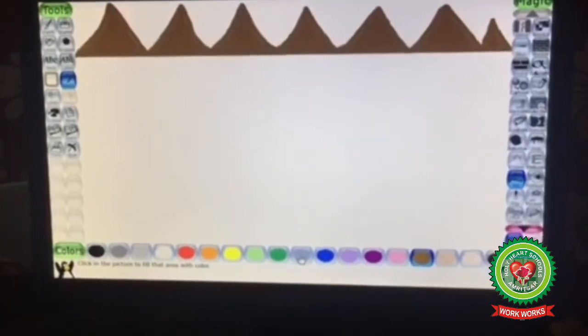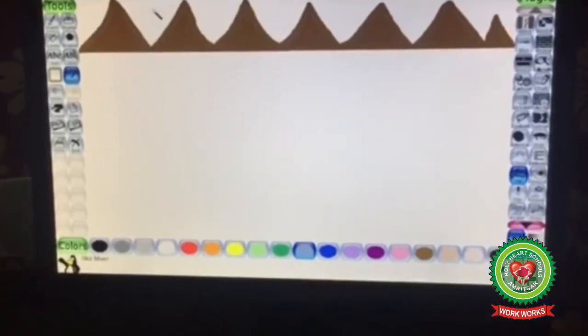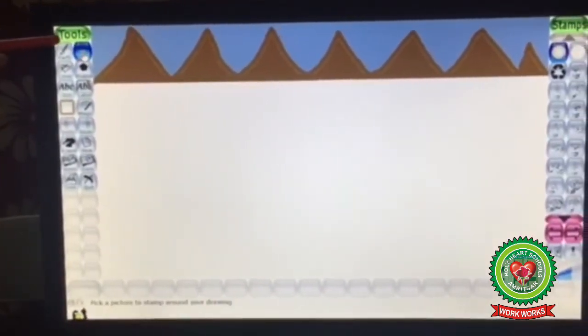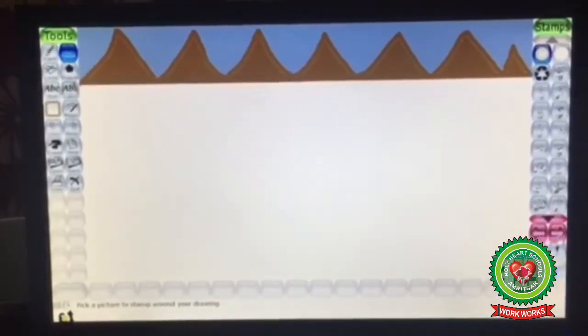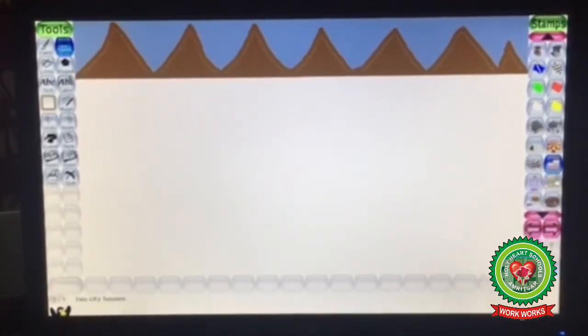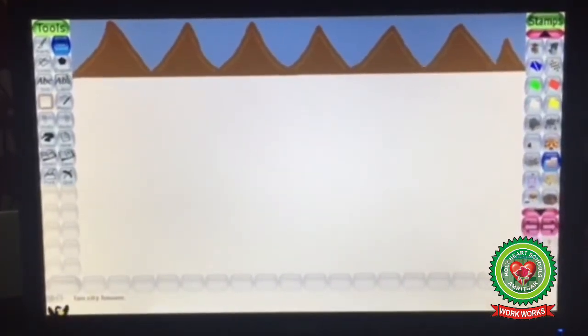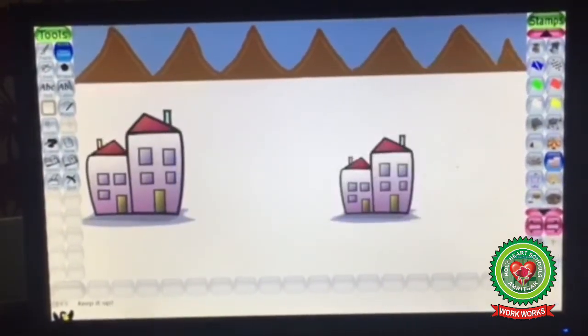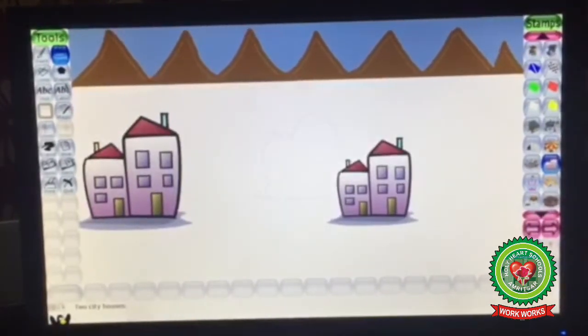You can also fill color in the sky. Now using the stamp tool, we will apply a home. Click on the stamp tool. Then choose any home, change the size of the home and apply it on the drawing canvas area.